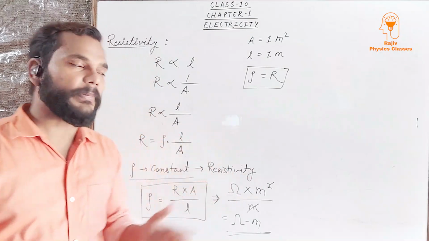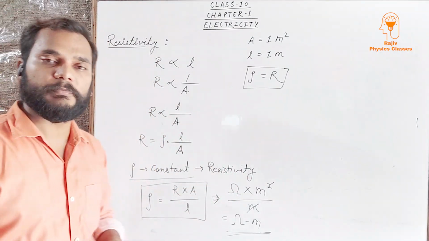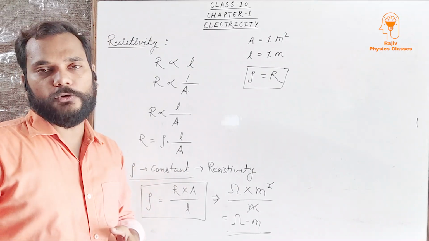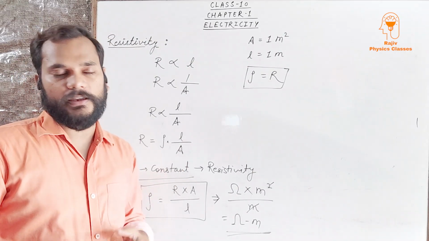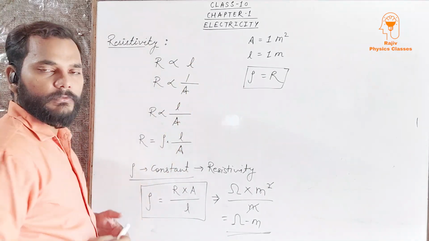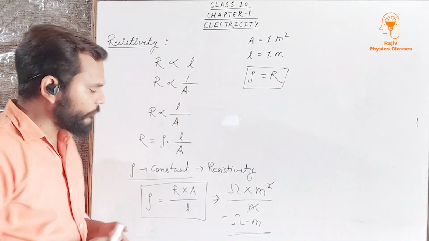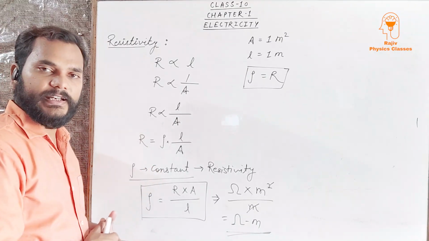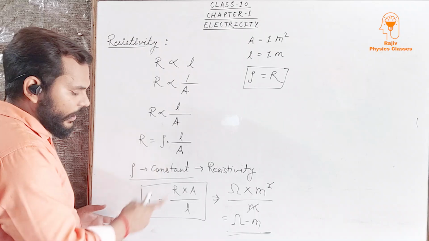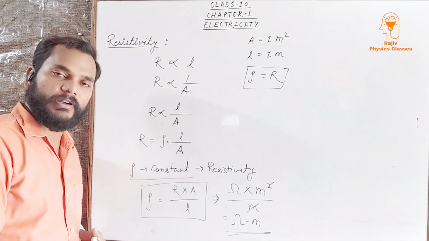Okay, the very important topic, resistivity, which is also known as the specific resistance of a wire. If we consider a wire whose length is L and area is A, then from these 2 relations I have considered that R is equal to rho into L upon A, where rho is a constant which is also known as the resistivity of a substance. So from this formula I have written the formula of resistivity.